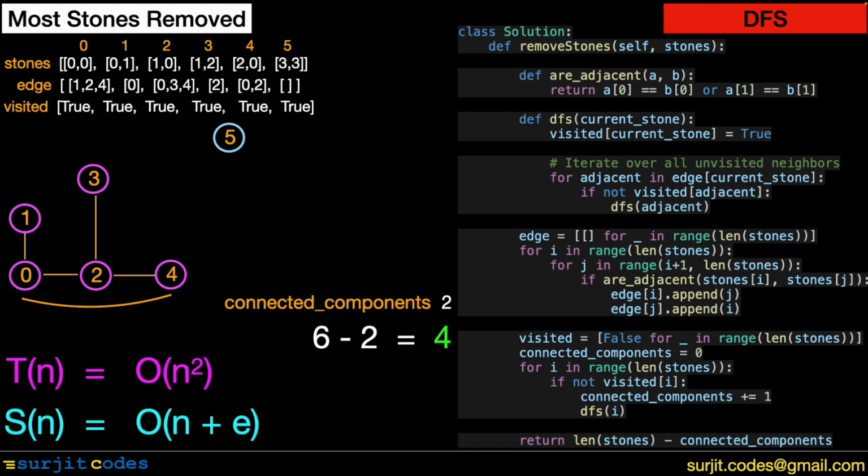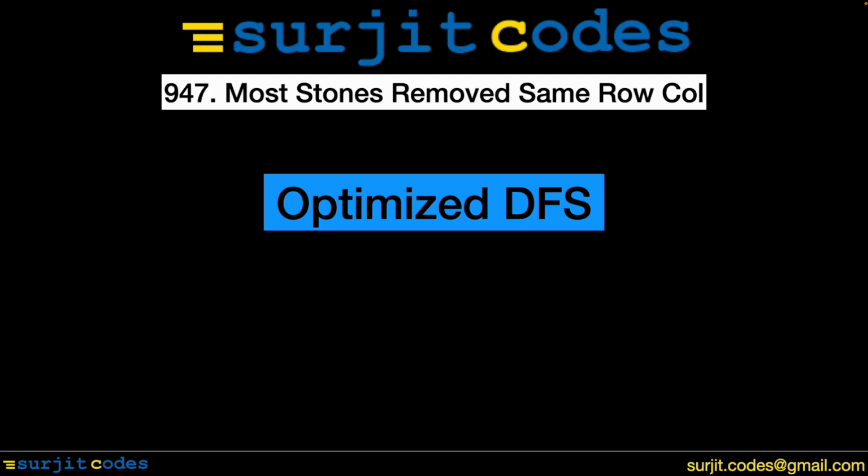Adjacency list takes O(E) space, visited set takes O(N) space. Total space complexity is of the order of n plus E. However, maximum E is of the order of n squared, so in the worst case, space complexity is of the order of n squared. In this method, we will now use a different form of the graph that makes its